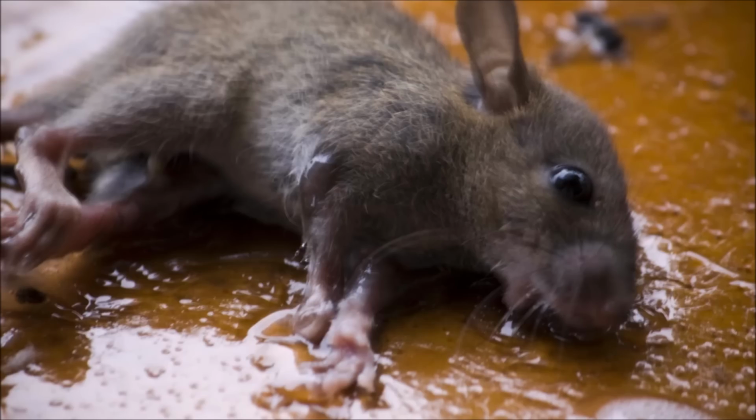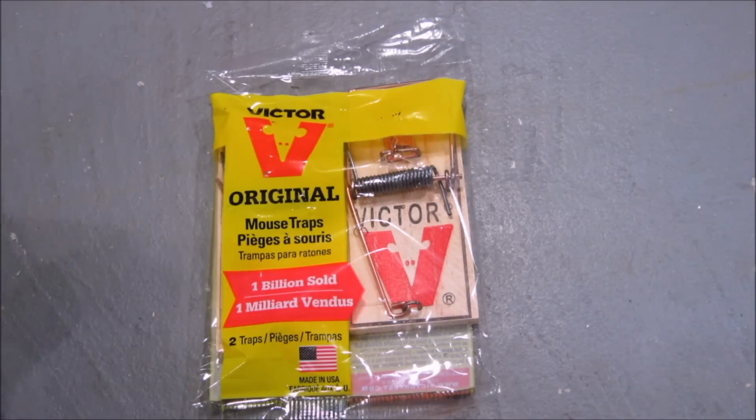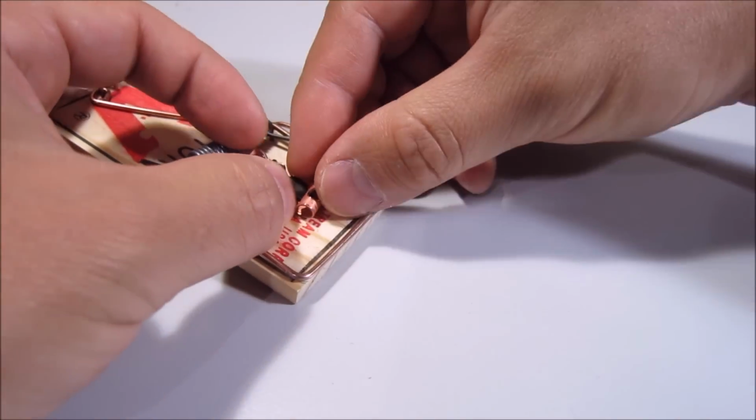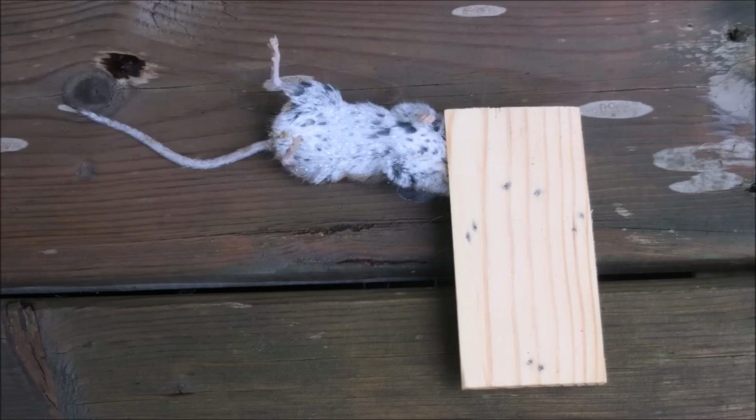Ladybugs, why don't you just buy something? Listen, I know there's a lot of traps out there that you can buy that work very well. Glue traps do work, but they don't work in cold environments, and they're kind of brutal on the mice. These Victor traps are excellent. They're awesome. They are very efficient. They work very well. They kill the mice very quickly, and I do like them if you want a kill